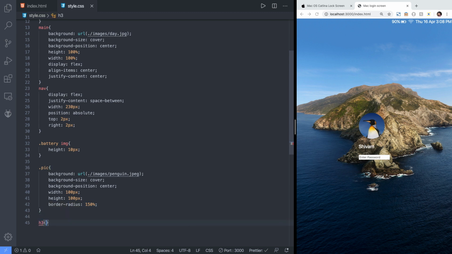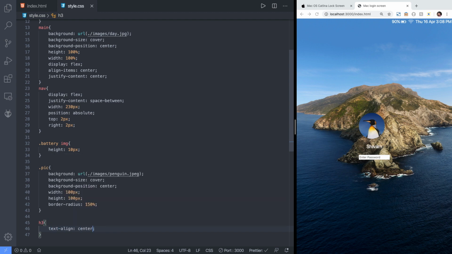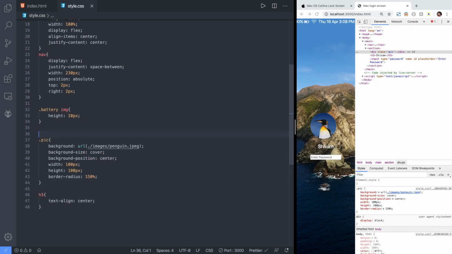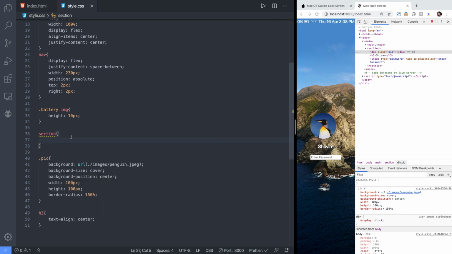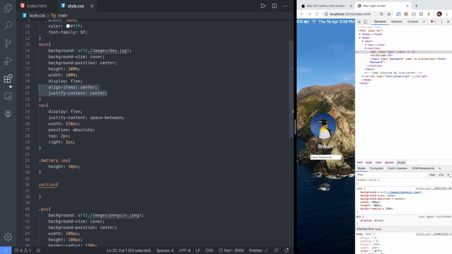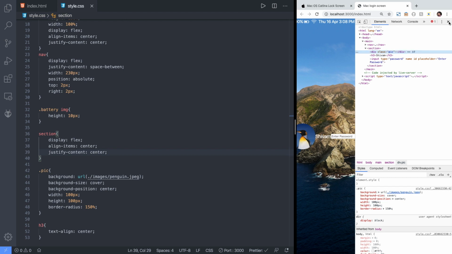The H3, guys, H3 text align. Boom, but it's not perfect. So what's the problem, my dear friends? Let's select the section and just copy paste display flex. As you can see here,